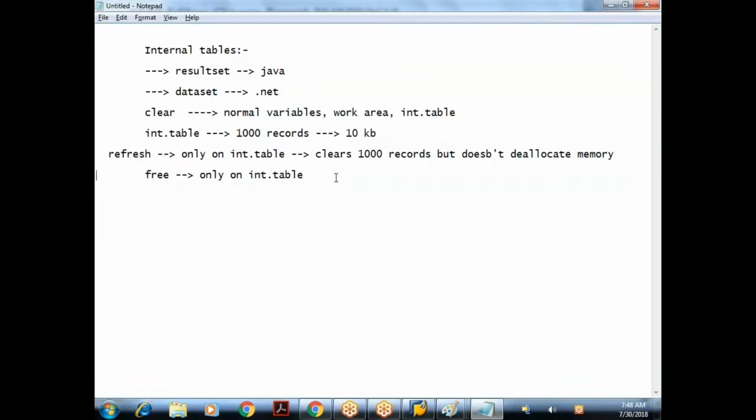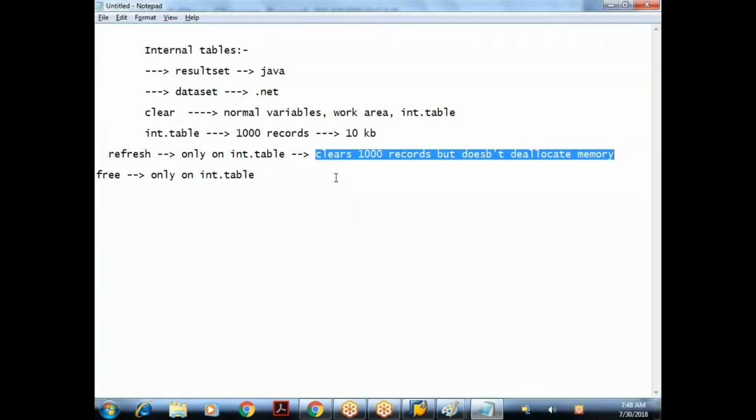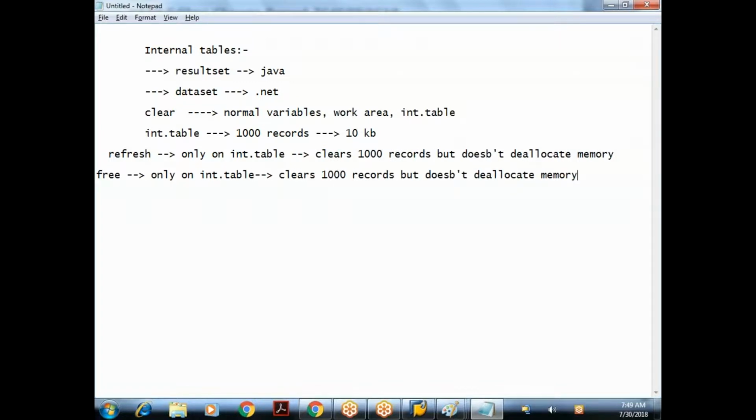But what will free do? It clears the 1000 records, deallocates the memory, and gets the internal table to its initial state. Initial state means initially there were no records, so at that time no memory was allocated.